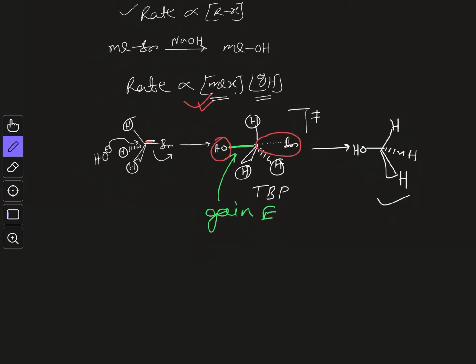So in this case, initially this carbon atom is sp3 hybridized, and when it goes to the transition state, this is the transition state, and here the carbon atom becomes sp2 hybrid. All these hydrogens are bonded to this sp2 hybrid, and the p orbital is bonded with this OH and this bromine.